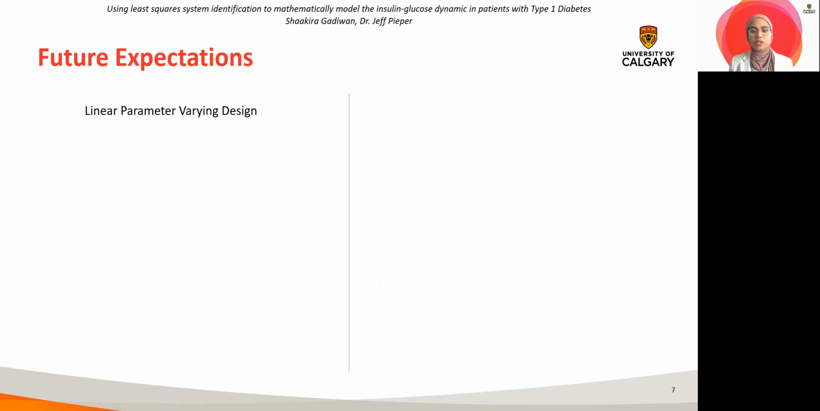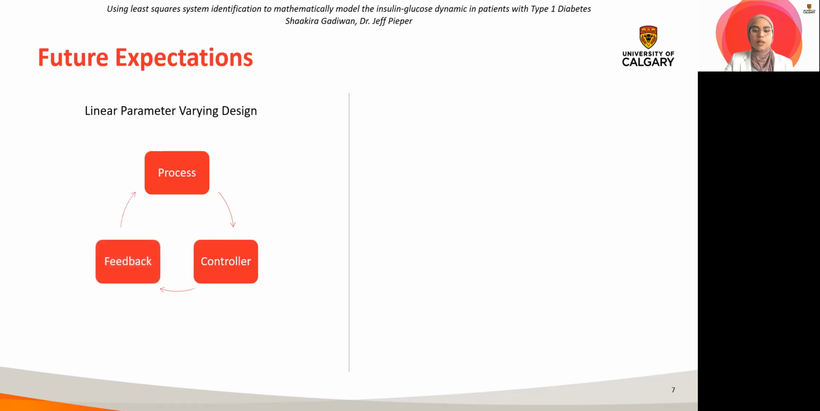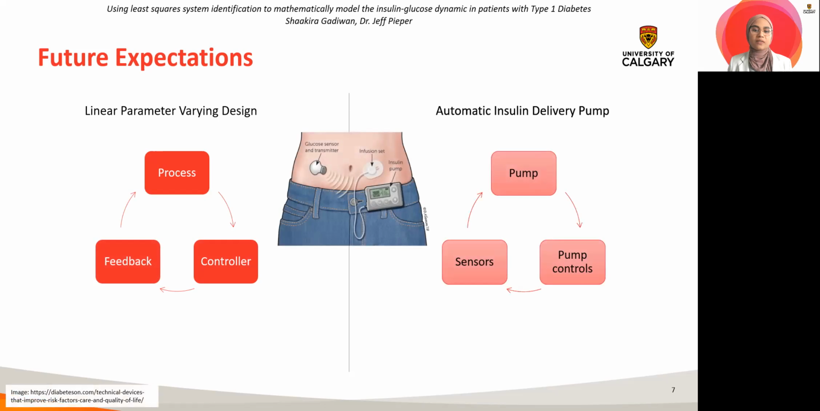The next step will be to use the best model to create a linear parameter varying design, which starts off with a process, which is the model shown in the previous slide. The parameters can vary, which affect the controller that we choose to make the system work as we want. Next, the feedback supplies the system with information about the effectiveness of the process. This can be translated to a real-life design of an automatic insulin delivery pump with actual controllers and sensors to